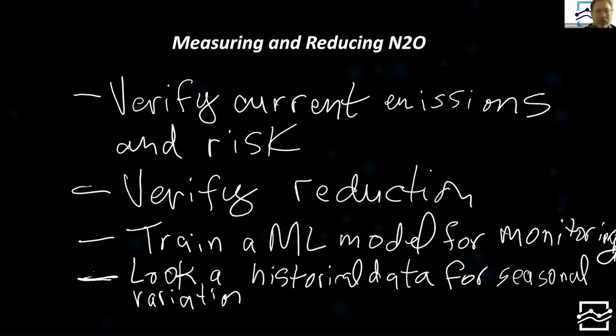And the overarching reason why we want to be measuring and reducing N2O is because